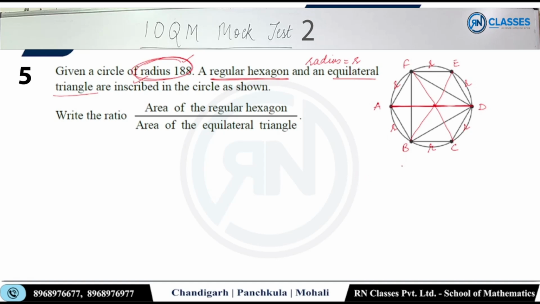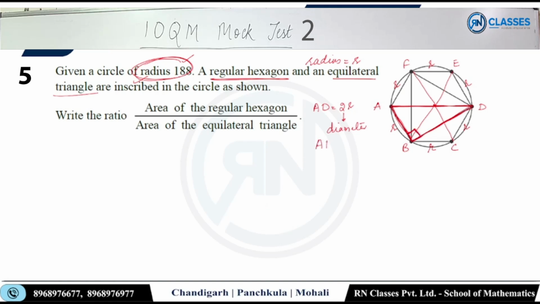सो नाउ आई कैन गेट एडी एज, यहां पे साइड पे अपना छोटा सा लिखा, एडी तो 2r के बराबर। मैं क्या यूज करने वाला हूं, अगर वो 2r के बराबर है एंड इट बिकम्स द डायमीटर, मेरे ख्याल से आपको दिख जाना चाहिए था कि अगर वो डायमीटर है तो ये एंगल इन अ सेमी सर्कल बनना चाहिए। देखा, ये एंगल 90 हो, दिख रहा है एंगल 90, एंगल बी।